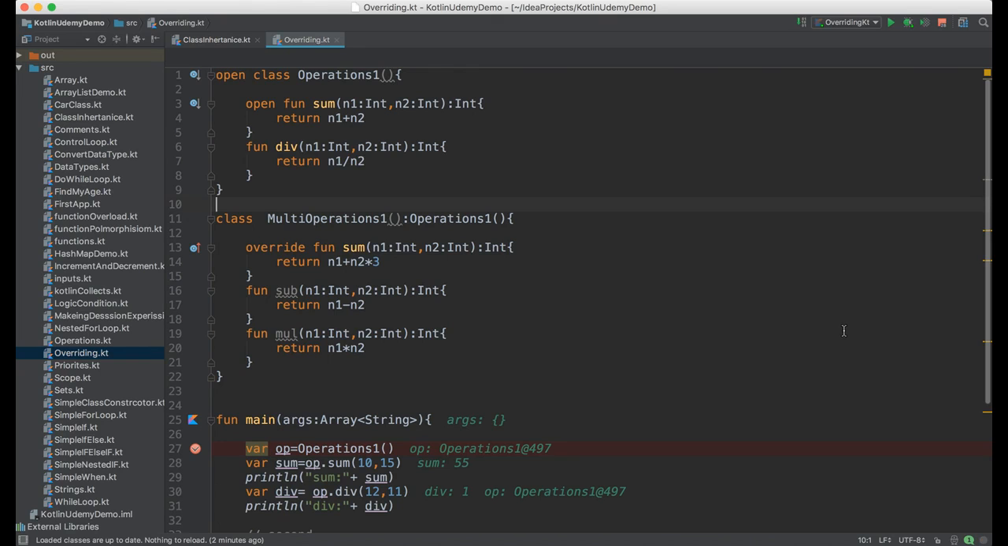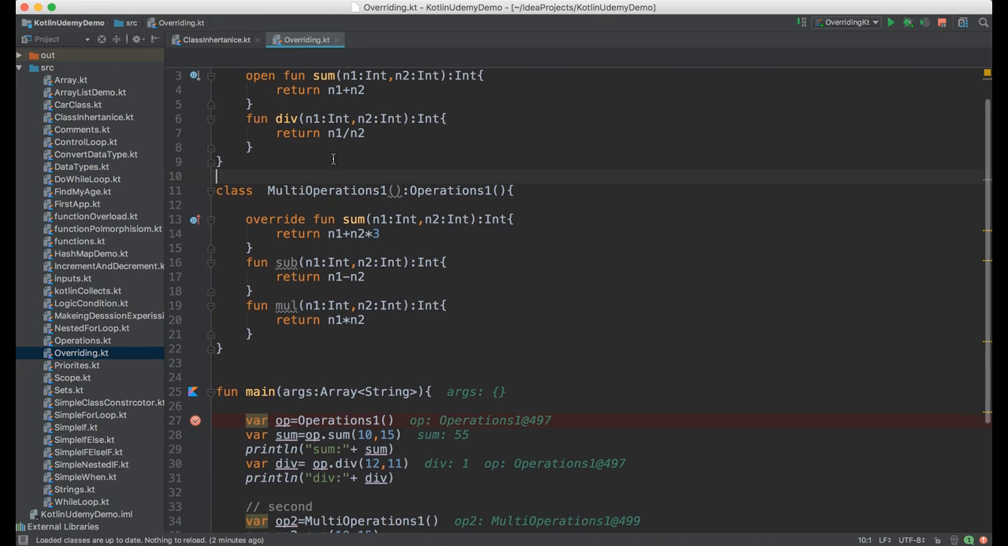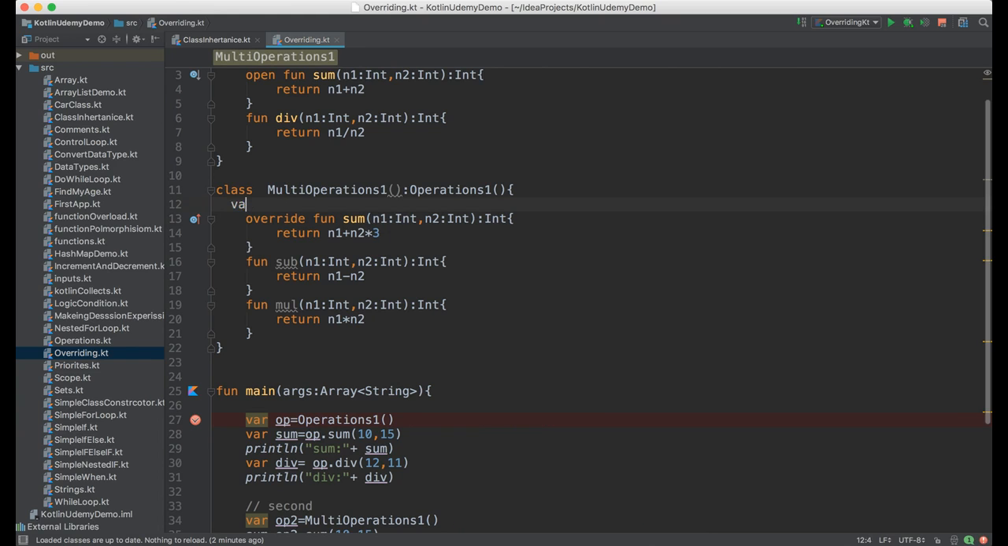Hey again, I want to talk in this video about this and super. So we understand before what this means. This means this class. So if I'm in this class and I write here the word this, it means this class. So if I define here a variable, name it whatever, t, integer, and this one has a null